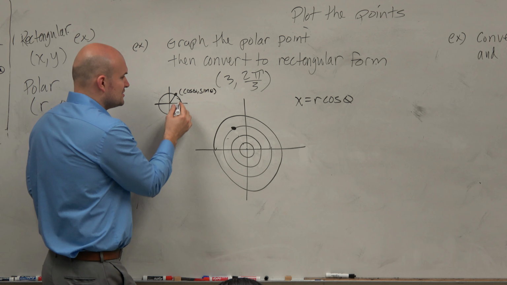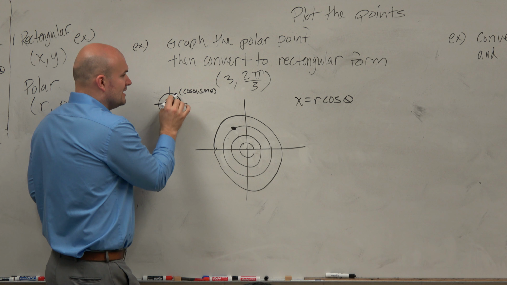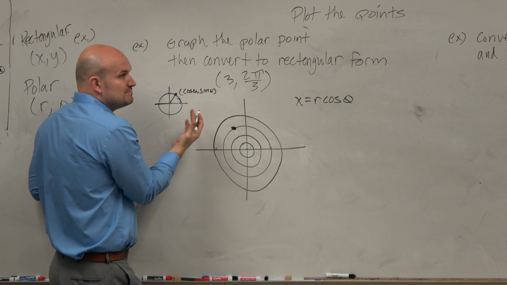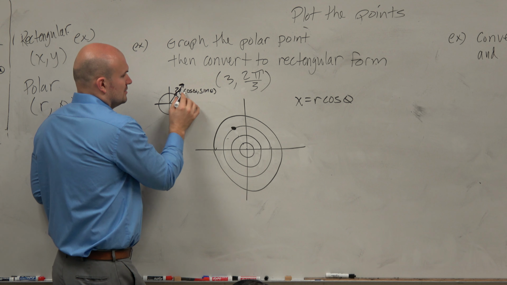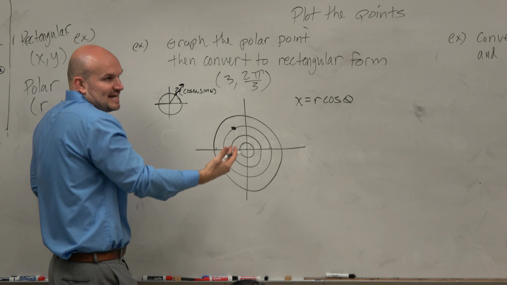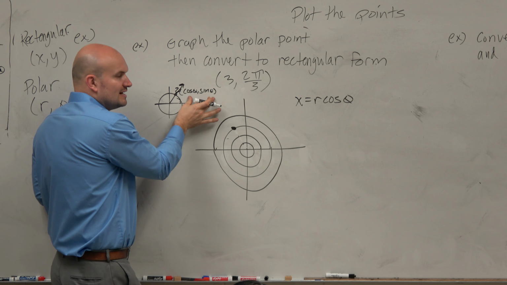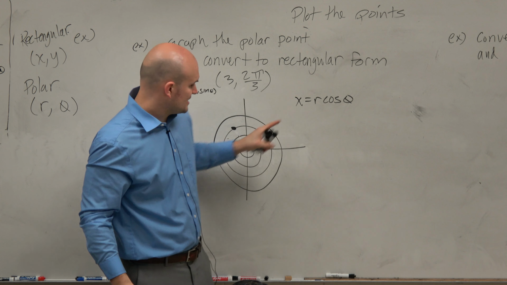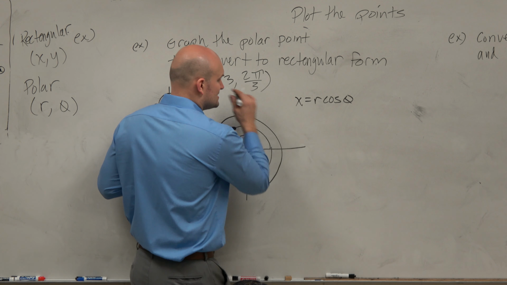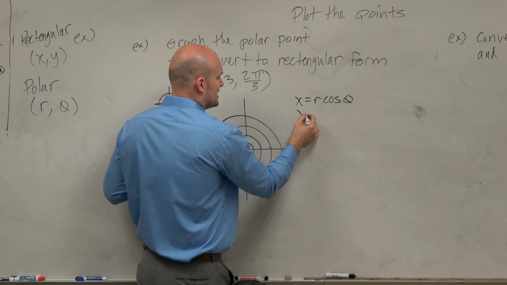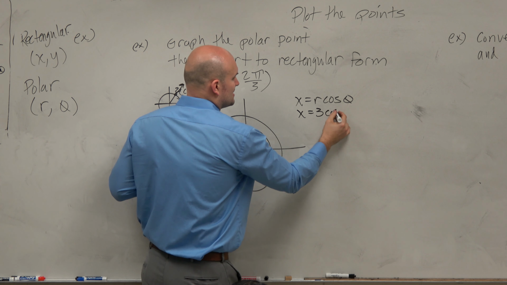And remember, think about vectors. If I wanted to double this vector, I would just multiply the vector times 2, so it'd be 2 cosine of theta, sine of theta. Whatever your scalar is, that's what you multiply by cosine of theta, sine of theta. So r is like your radius or your scalar in this case. So to find my new x coordinate, I'm just going to type x equals 3 times the cosine of